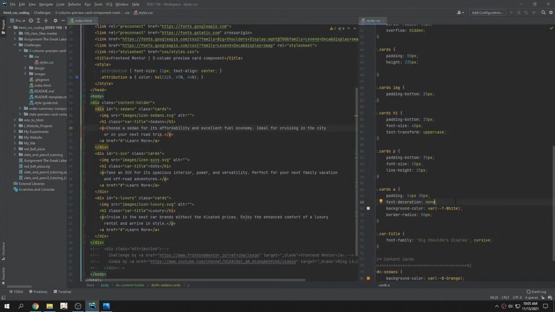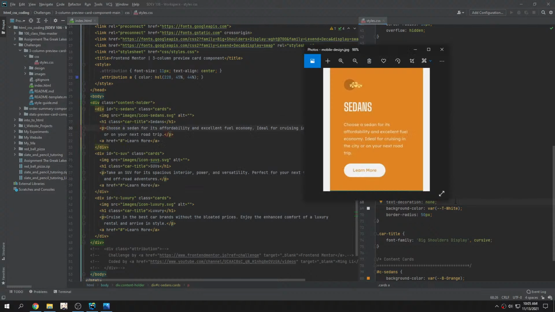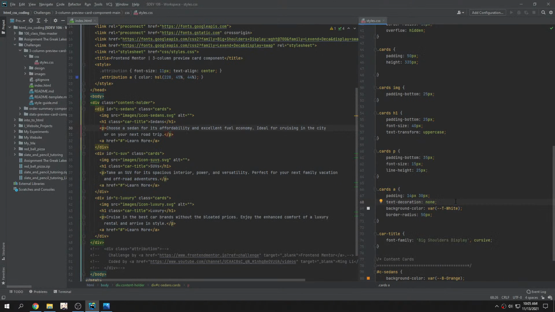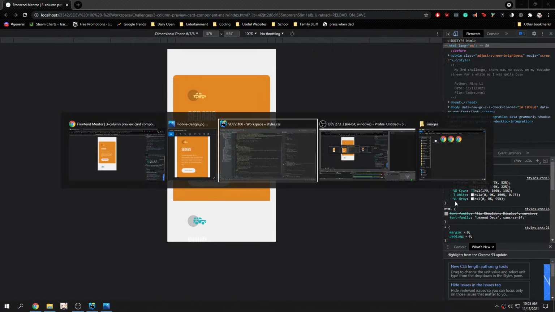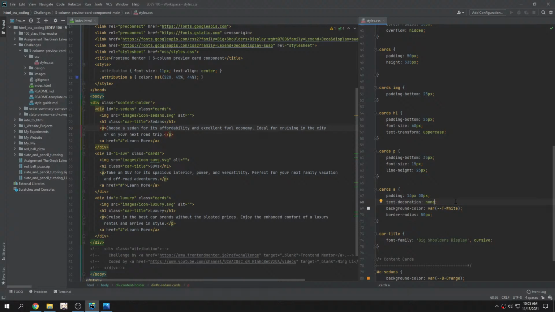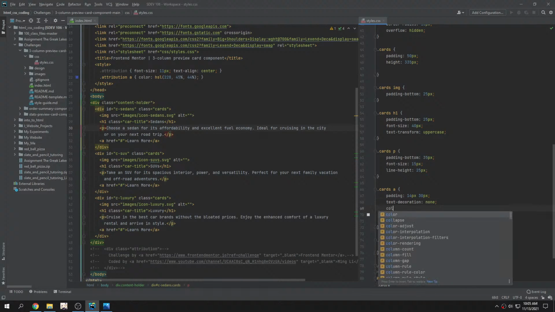And then we will make the, no, if that's the background color, how do I make the text transparent? Do I just do color